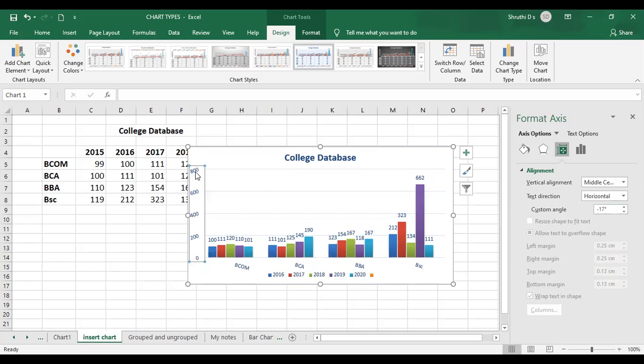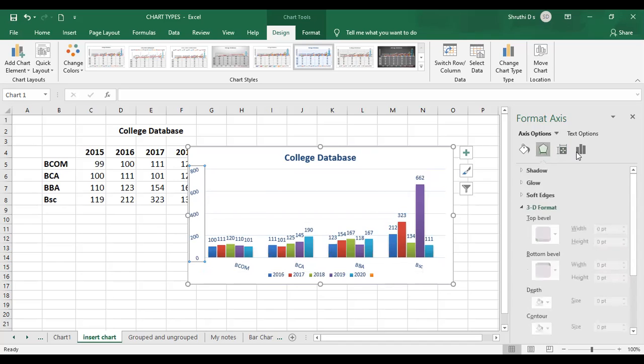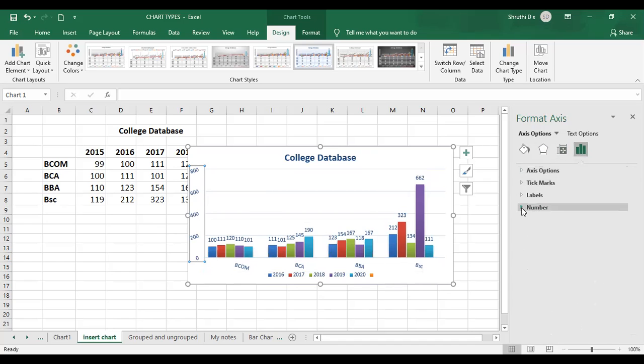And here one more option is available. I'm just going to show you some of them. Once I double click on that axis, you have something called number. One second, tick marks. Yeah, tick marks option. Here the major type, if you give it as inside, you can get a scale over here. A scale can be represented. If you don't want that, you can just keep it as none. So no scaling option will be available for you.